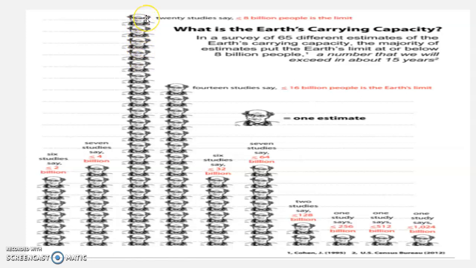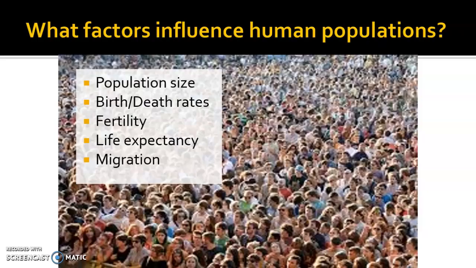And so at this time, we're at 7.6. This was a few years ago. But you can see that right here is about 8 billion. Once you start getting above that too far, the number of estimates gets smaller and smaller. So it's sort of a prediction. You can look into the future and say the Earth has a limit. We know it has a limit. We can look into the future and say maybe what this limit might be, and then come up with ways to deal with that.